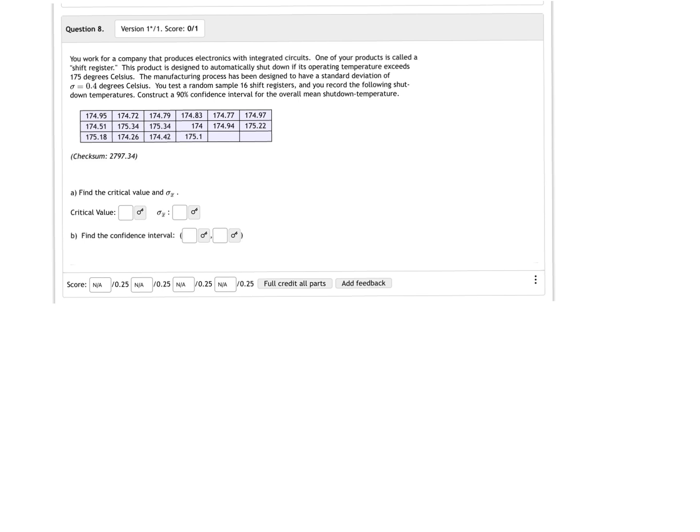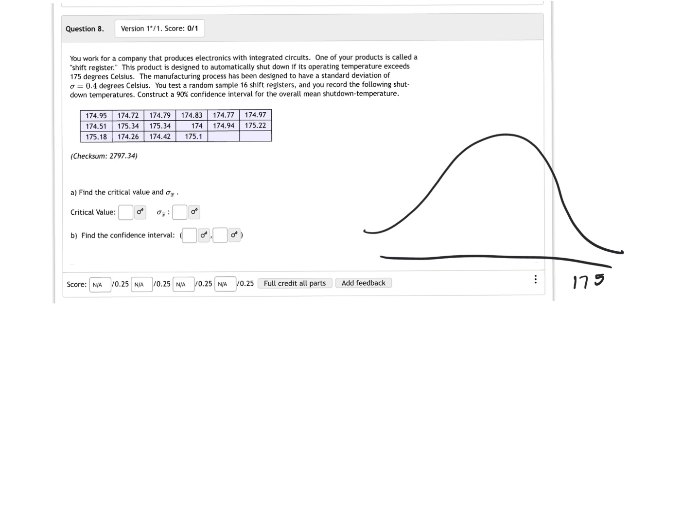All right, moving on. You work for a company that produces electronics with integrated circuits. One of your products is called a shift register. The product is designed to automatically shut down if the operating temperature exceeds 175 degrees. All right, so we're going to shut down at 175. We know the manufacturing has a standard deviation, a sigma of 0.4. You test 6